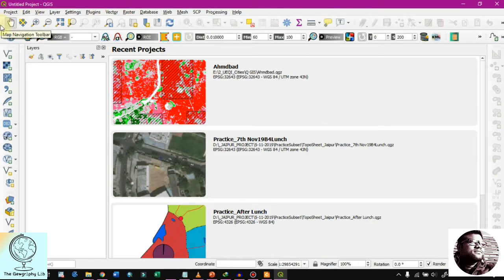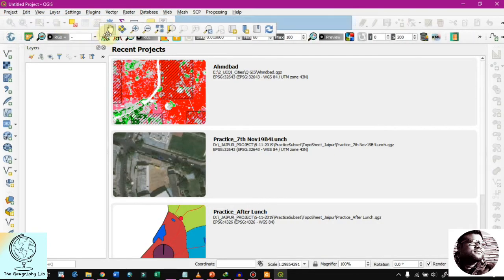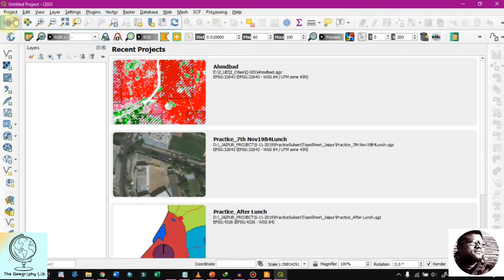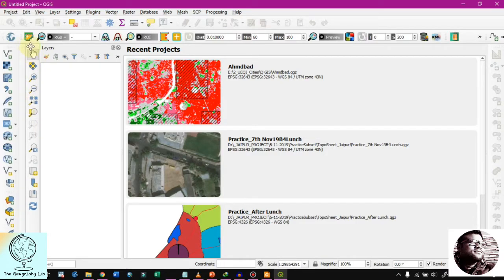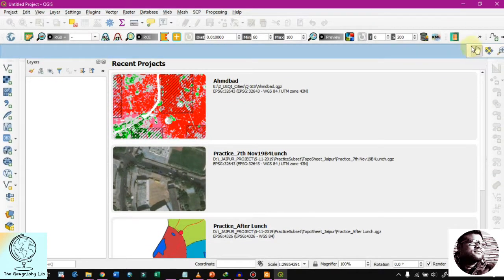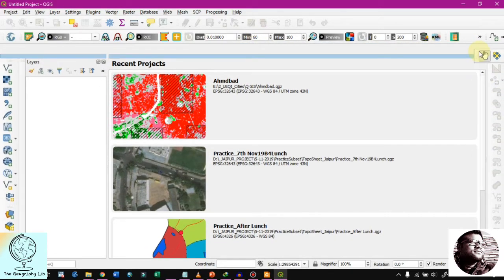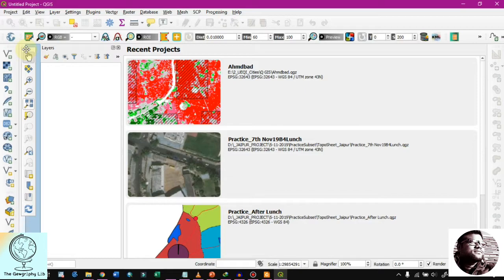The second one is the toolbars. This is the navigation tools, and here are the measurement tools, etc. And if you see, it is movable. You can adjust it here and there. It is a very good option that you can put this as a sidebar, maybe on the right side, maybe upper, maybe left. So this is a very good option where you can adjust all these things.